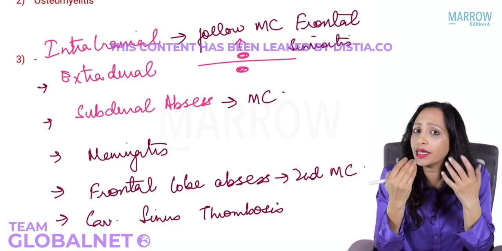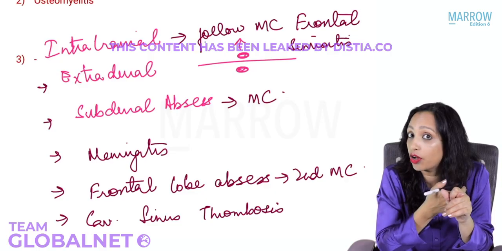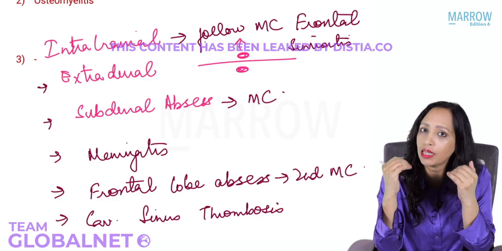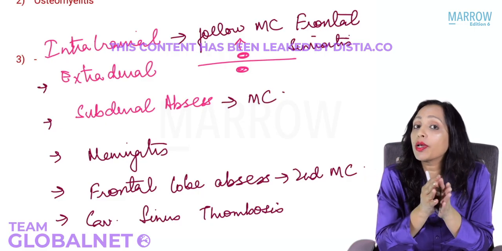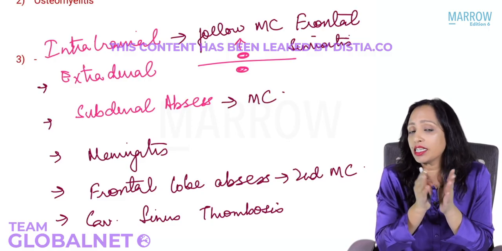Okay, what is the next acute complication of sinusitis? Yes, intracranial complication. Out of the intracranial complications, the most common is subdural abscess, followed by frontal lobe abscess. Now, there can also be chronic complications following sinusitis, and in the chronic complications, it is mainly the frontal sinus